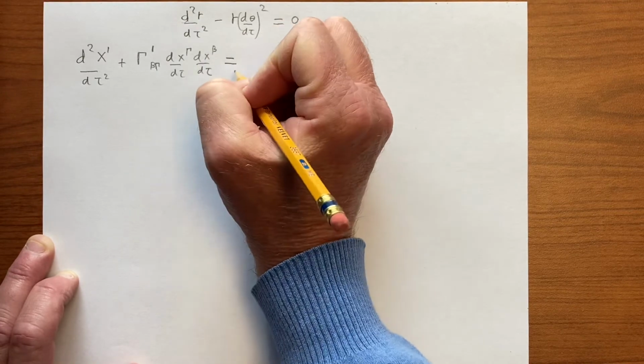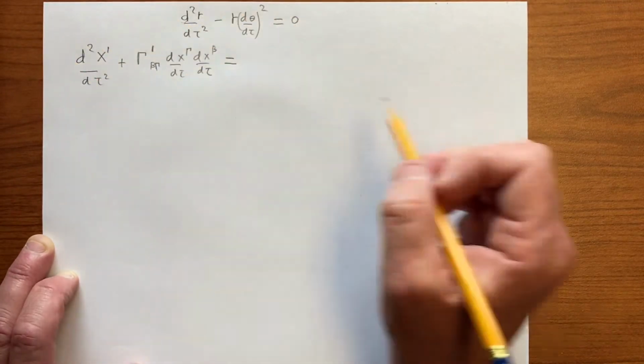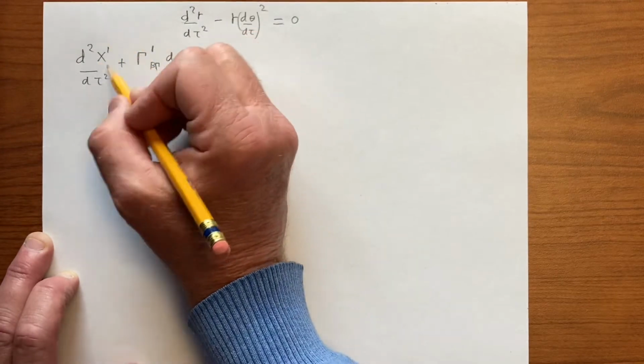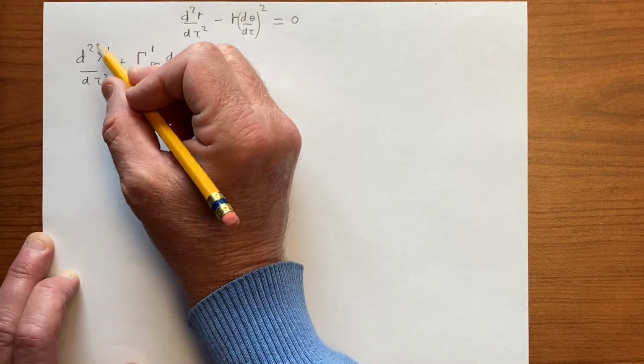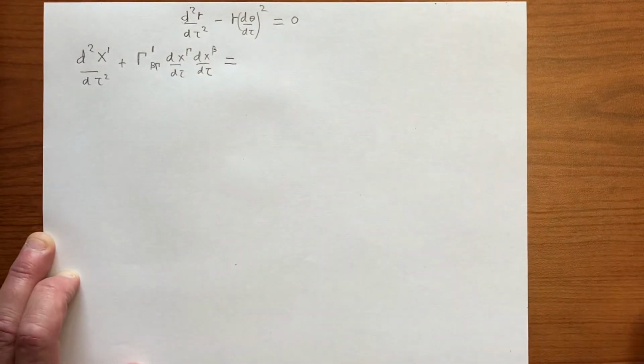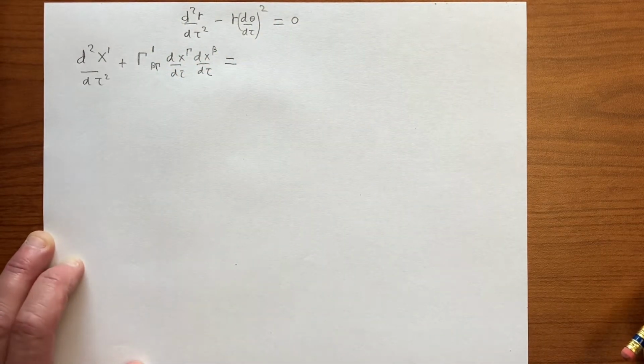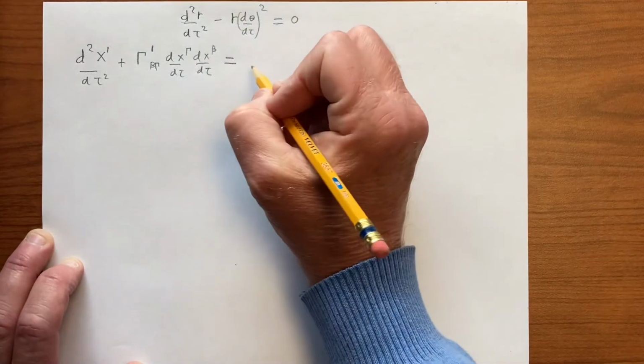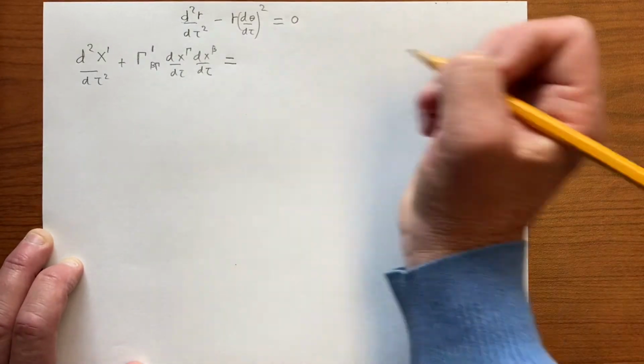We want to evaluate this. We want to show that this will be the conditions on the second derivatives in theta such that the angular acceleration is 0 as well, because we have 0 acceleration here. So this becomes,